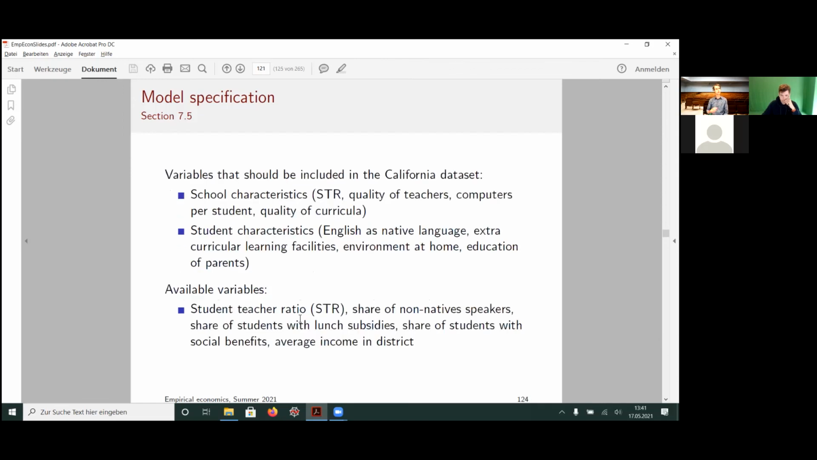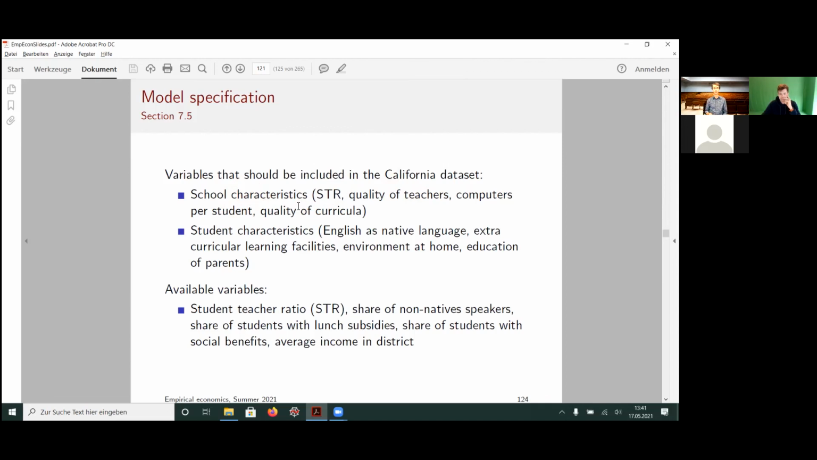All right, let's try to work a little bit on model specification for our running example. So which variables should be included in the California data set? These variables could be grouped into certain groups, for instance, into school characteristics. The school characteristics are those variables that could be influenced by policymakers: class size, the quality of the teachers, they could be trained better, the number of computers per student, the quality of the curricula, the expenditure per student,